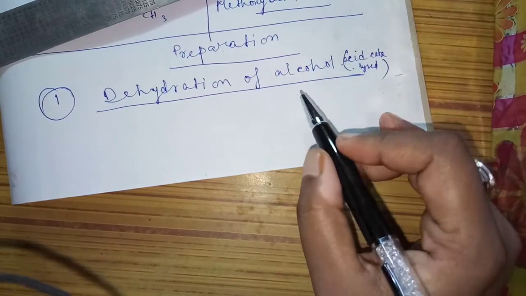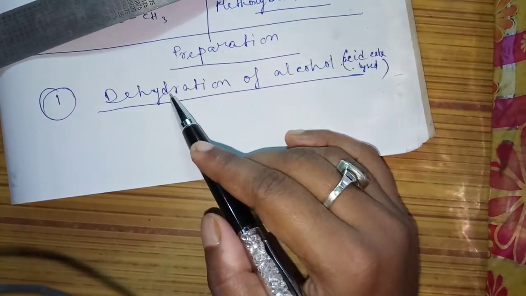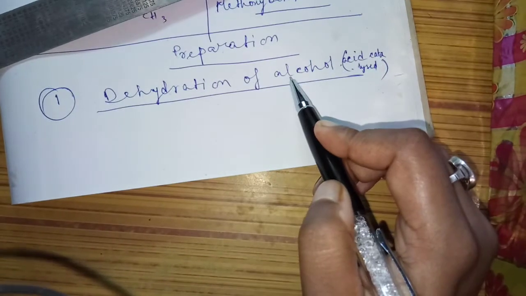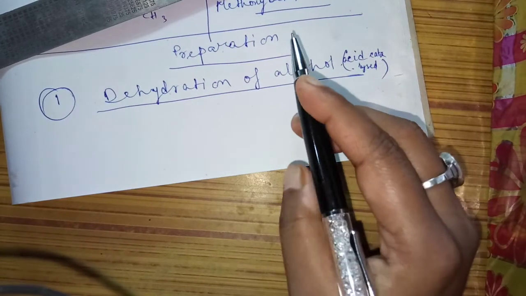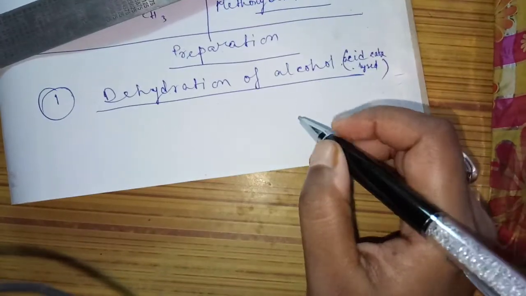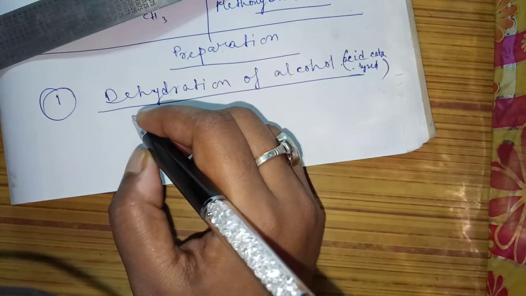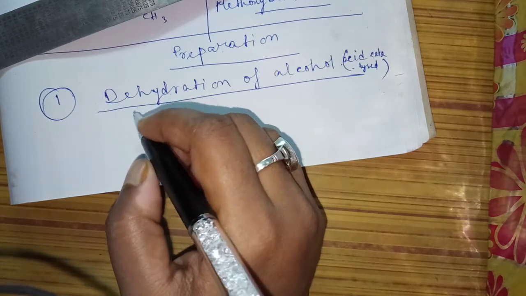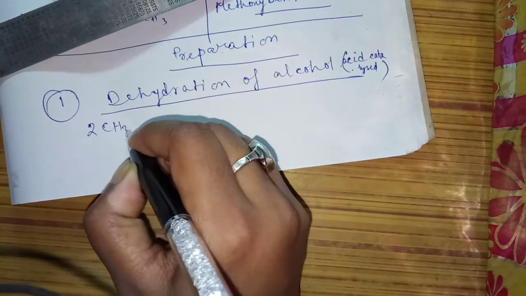Now what is acid catalyzed dehydration reaction? We already studied the mechanism of the dehydration of alcohol, but that time we got what? From alcohol we got the alkene, but this time we will get the ether. Only the difference is what? Previously we have seen the temperature was 433 Kelvin to 443 Kelvin, but here what we are seeing, I am showing you 2CH3CH2OH.